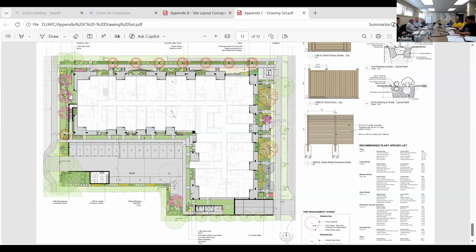Yes, the short answer to that question also was something that was brought up. So now I'm following. I believe what you're suggesting is that the driveway access comes in. Correct. Yes. So we looked at that extensively. There are multiple things happening there. We looked at, could we do a cantilever? And the answer to that is yes. Could we put a driveway there and shift the unit count? The answer there potentially is yes.